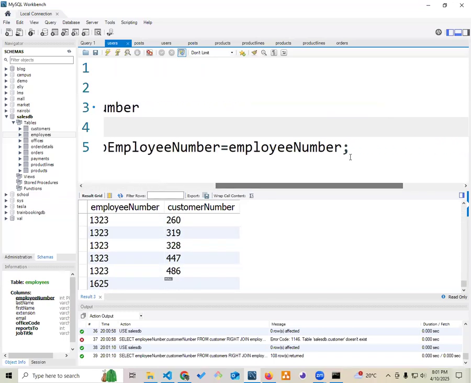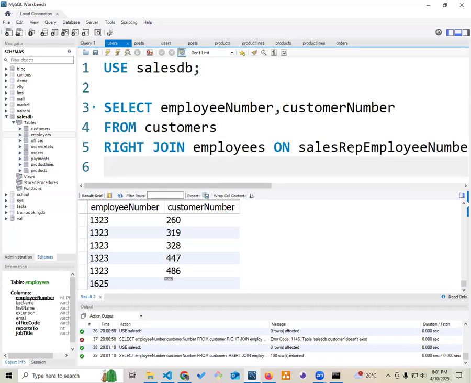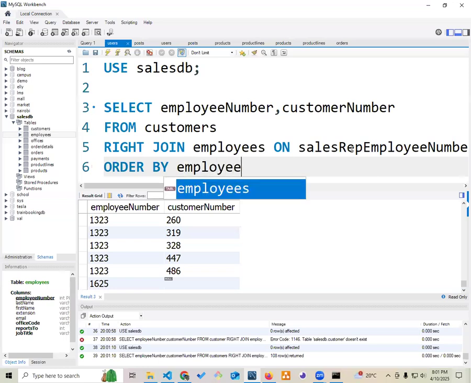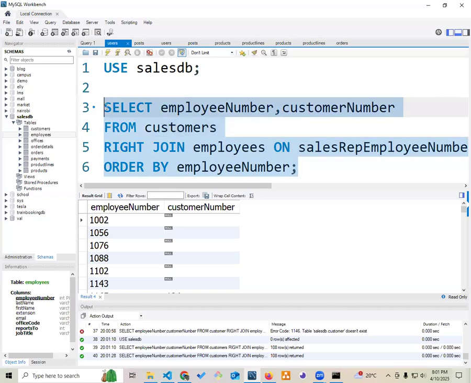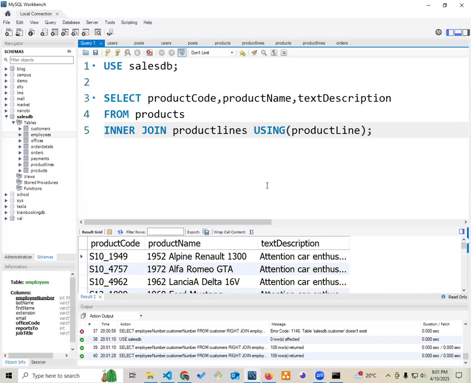Another thing I can add here is maybe the ORDER BY. You can also combine it with the commands that you learned. Order by the employee number. So yeah, there it is. There is the right join. Let me share with you the commands. You can test them. So we've talked about the left, the right, the inner,